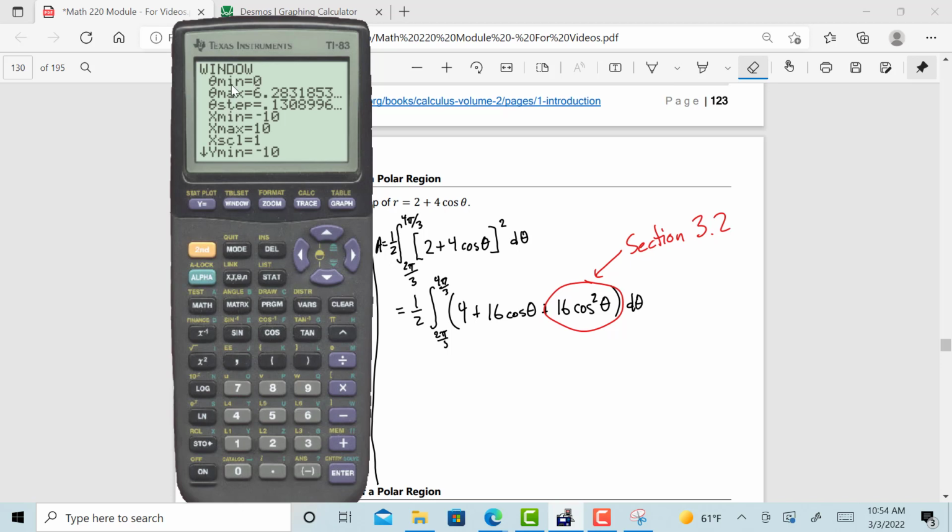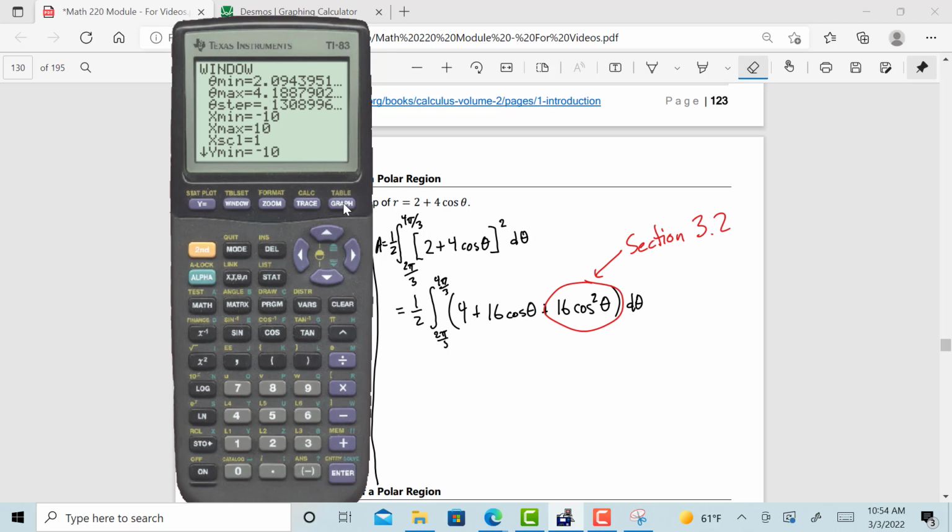So let's make our theta min, let's make it our lower bound, let's make it 2 pi over 3. Press enter. And then let's do our upper bound, make that our theta max. So let's go 4 pi over 3. Press enter. And if we did our bounds correctly, we would expect now that our graph, when we hit graph,